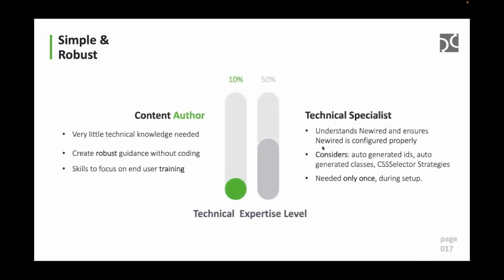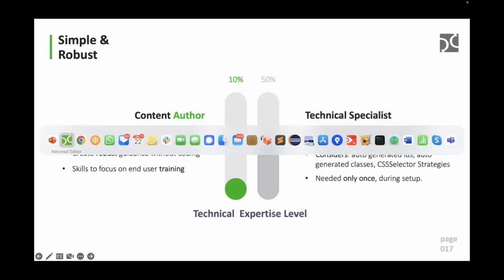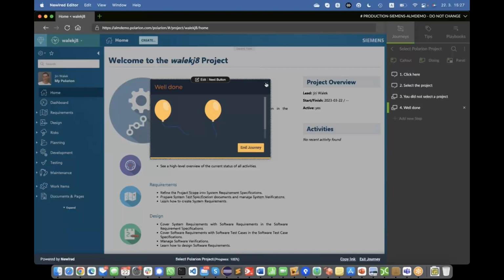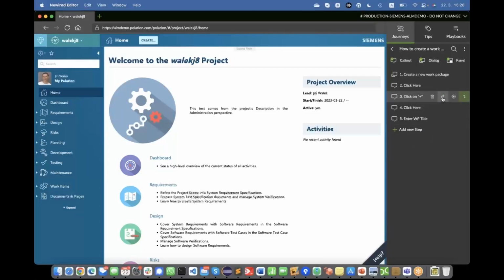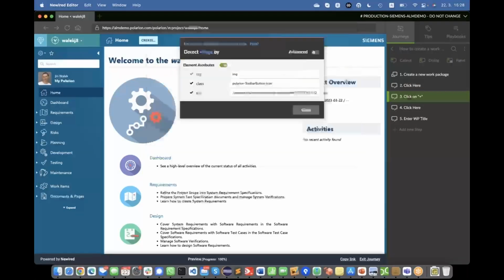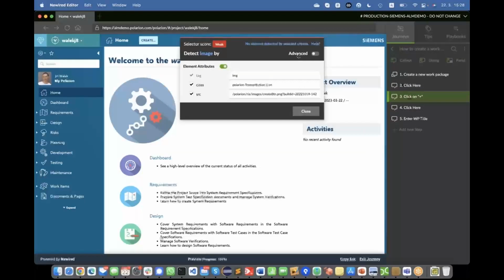So I was really able to document on this webinar, hopefully, how easy it is to create these guides and tutorials. But it must also be robust. And for Polarion, this robustness can be demonstrated very easily. If you have a look at some of these journeys that we have created, for example, how to create a work package, we can already see